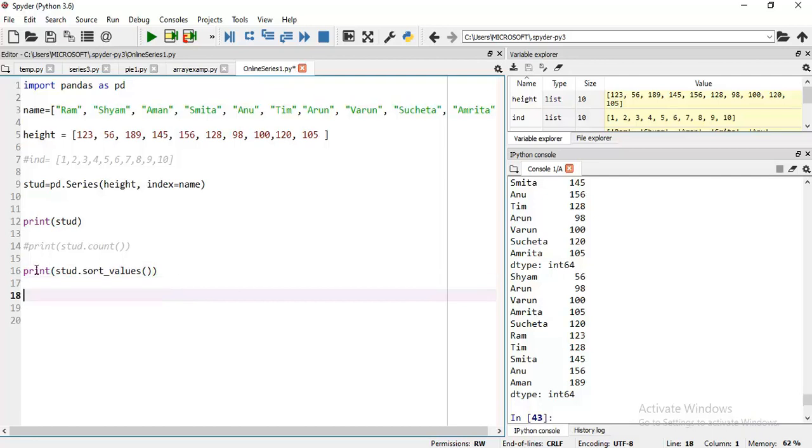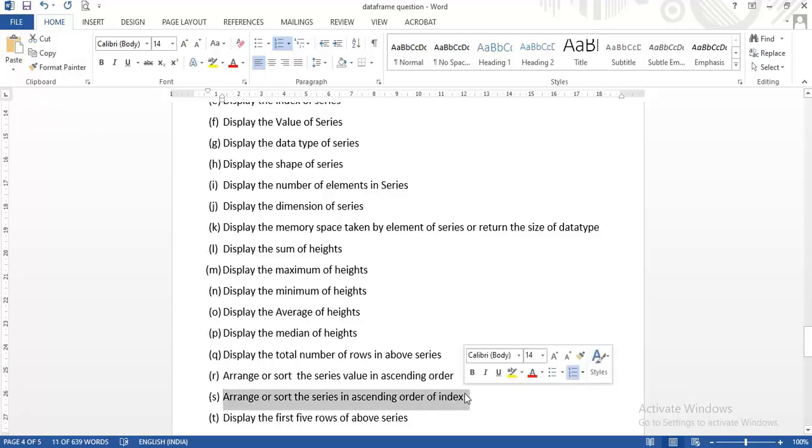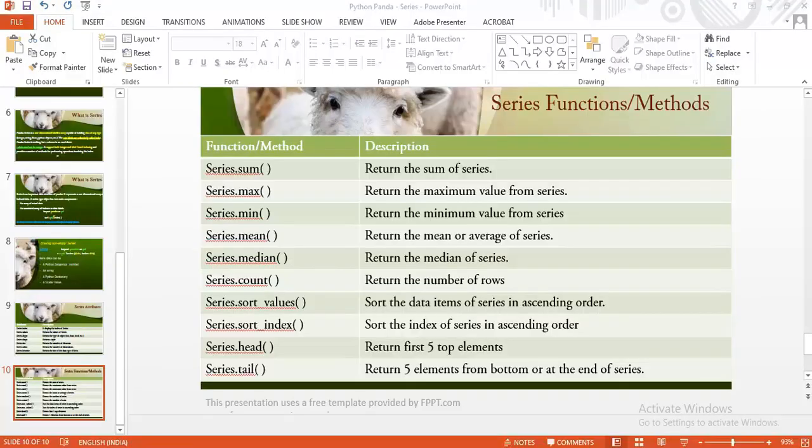Now we will sort our data as per index value. The next question: arrange or sort the series in ascending order of index. For this we have the sort_index function, which sorts the index of the series in ascending order.